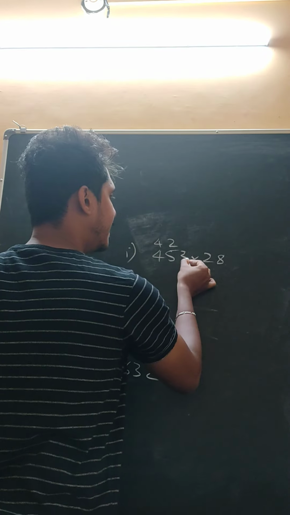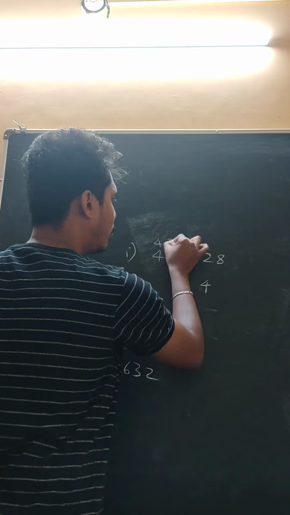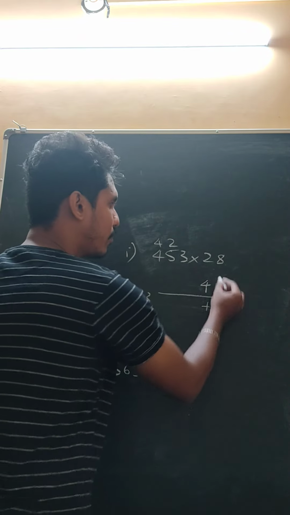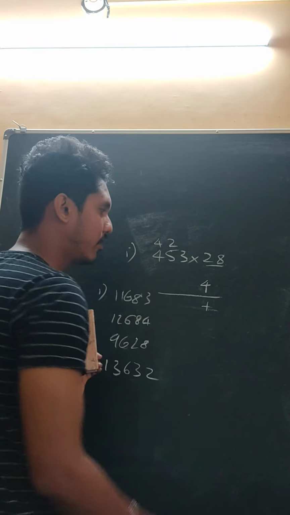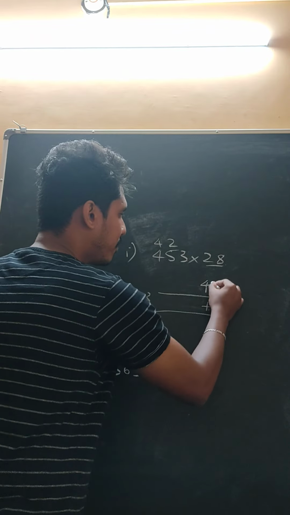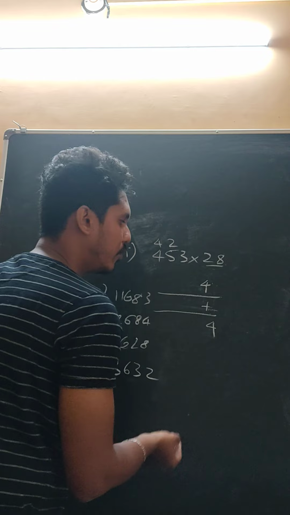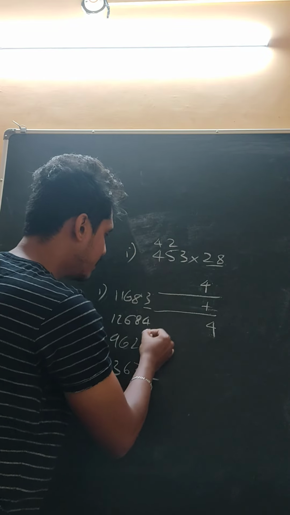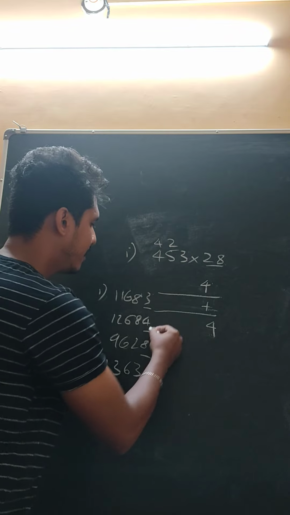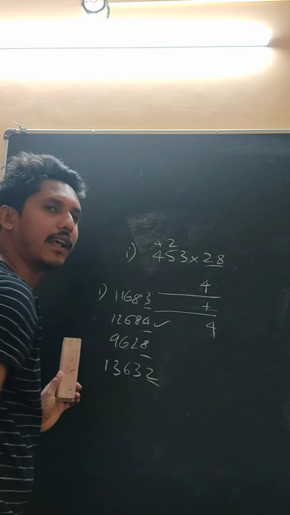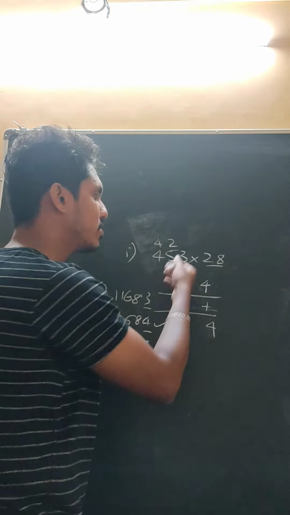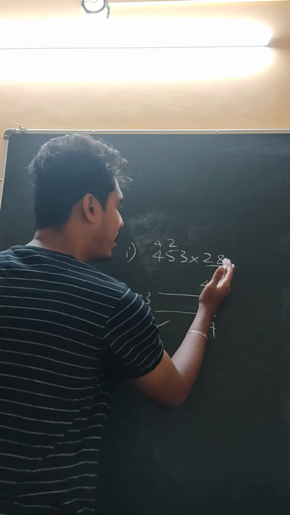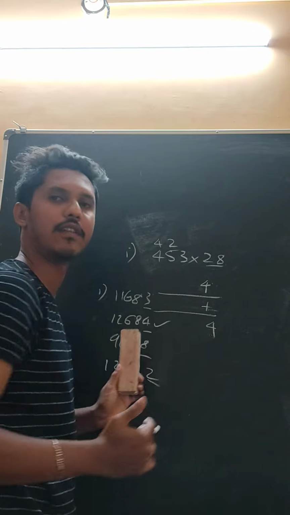See here, 8 3s are 24, right? 2 carry here, leave this. You'll put one addition symbol right here. In case of 2 numbers, you put one addition symbol, right? So the 4 will come here only, in the unit place. So among these, which number has 4 in the unit place? This number has 4. So this will be the right answer. You can cross check using the calculator. This is one of the easiest techniques. There is no need of doing the multiplication in full.